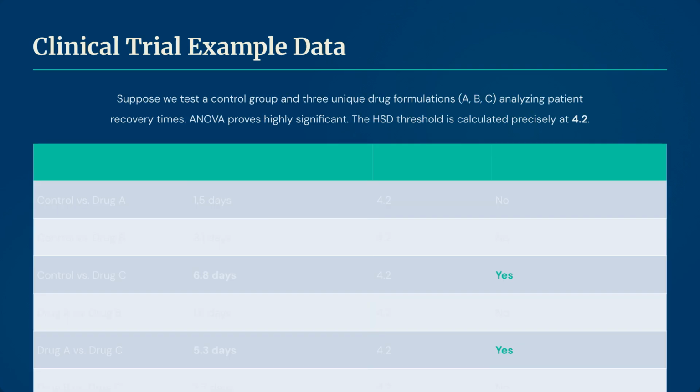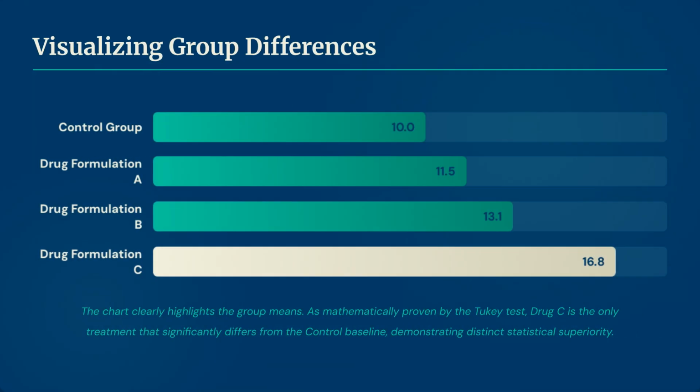In this clinical trial example, we compare a control group with 3 drug formulations. The ANOVA was significant, and the HSD threshold is calculated at 4.2. By comparing the absolute differences to 4.2, we determine which drug pairs show a significant difference. The chart visualizes the group means. According to the Tukey test, drug C is the only treatment that significantly differs from the control baseline, demonstrating distinct